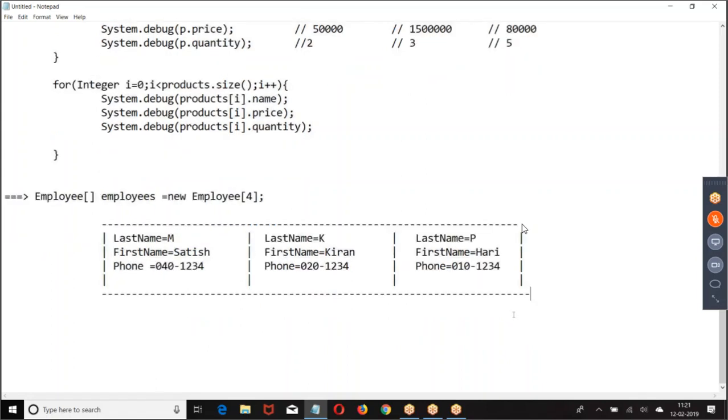Now take one by one employee and print. I have array of employees. Write a logic to take one by one employee and print the value.